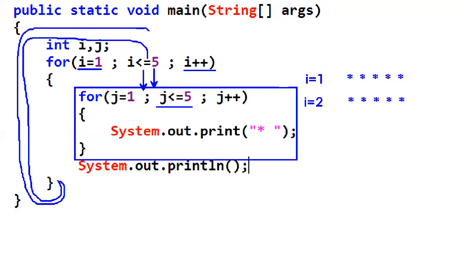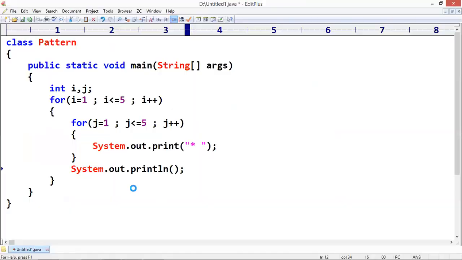Again the loop will repeat, and now the i value becomes 3. It will come inside with i equals 3. Like this, total 5 times, when i equals 4, i equals 5. All these execute, so it will give that output.